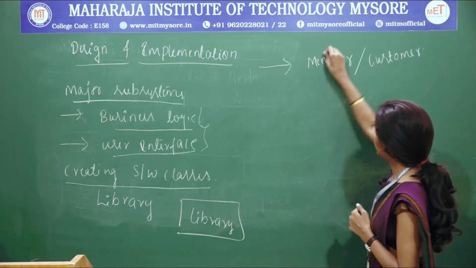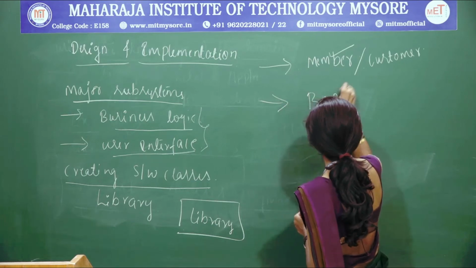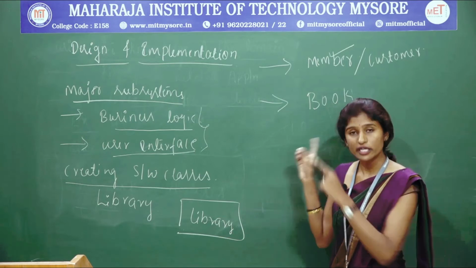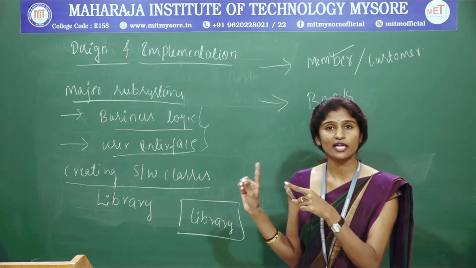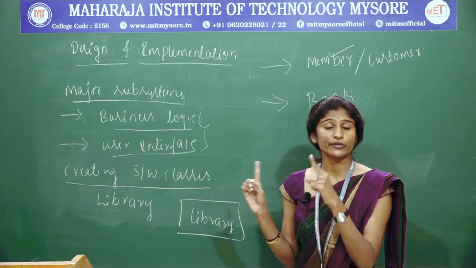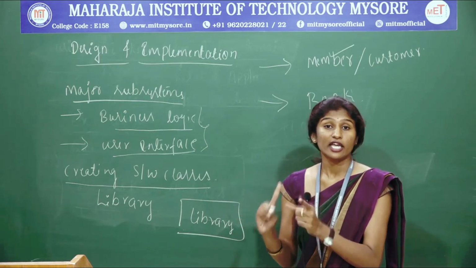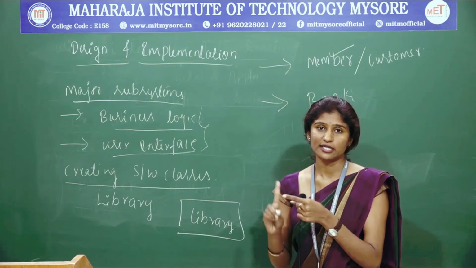Okay, so this we have seen. Next we have even seen the book as a class diagram. Here in the book also we need to write the software class. While writing a software class, we need to write the name of the class, that is book. Within that book you need to write the attributes of the book: the author of the book, the book ID, and the name of the book, that is, the title of the book. So you need to consider all of these as the attributes.